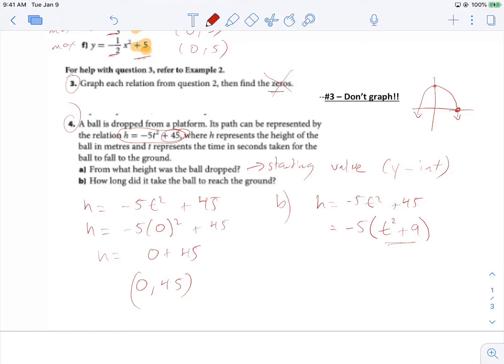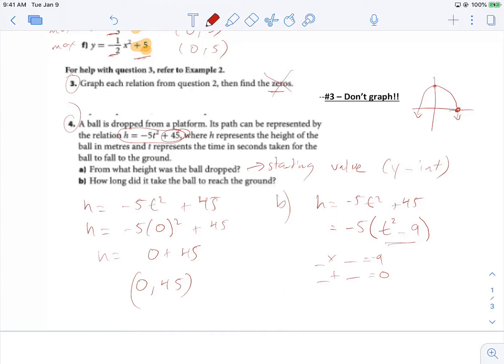Let's think back to our trinomials. We need to figure out two numbers that multiply to the last value. And what's our middle value in here? Well, we actually don't have that third term that we're used to. Why is that? Because it is 0. So what two numbers multiply to 9, and sorry, this should be negative 9, because I took out a negative from it,